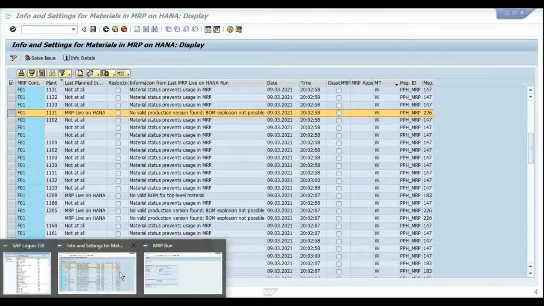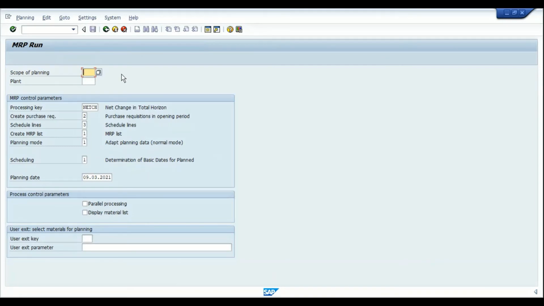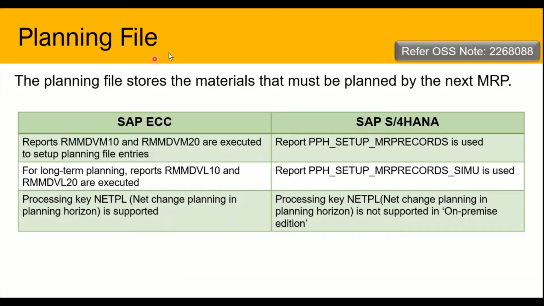On the other screen, we also have the classic MRP in the MD01N transaction, which is the more standardized way that we are actually used to in the ECC system, where the planner has to provide all this information and create a variant of these MRP parameters, and then he is going to execute this MRP in the background or in the foreground, even by creating a scope of planning if he has to run it for multiple plants. So let's go to the next topic. So the next simplification is on the planning file.